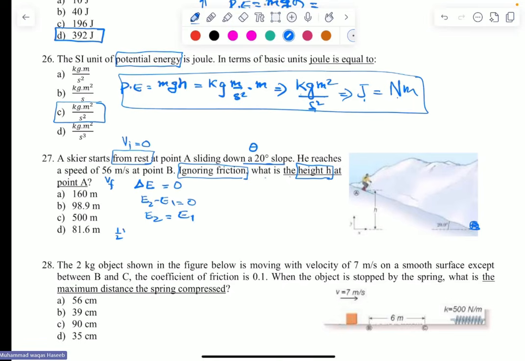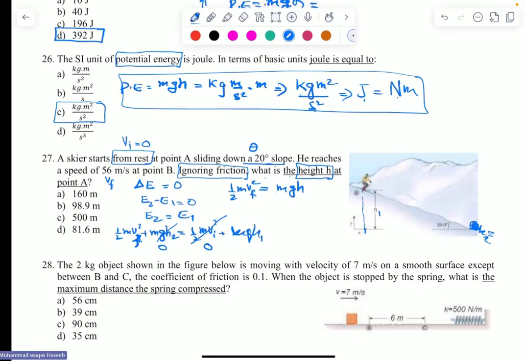So kinetic energy is 1/2 m vf squared, where 2 is the final position. Then m g h2 equals 1/2 m vi squared plus m g h1. So it starts from here, this is your h1. It ends over here, this is your h2. So h2 is 0. Initial velocity is 0. So what are you left with? 1/2 m vf squared equals